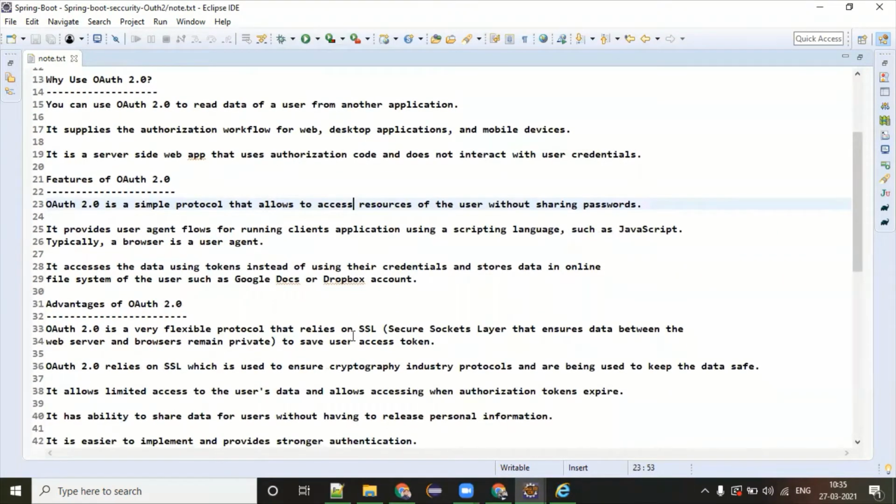Features of OAuth2. The initial version was OAuth1, but it was not very popular, and the latest one is OAuth2. So consider it one of the protocols. When you say protocol, there are lots of limitations and lots of specifications. Remember, you have to fulfill them. You cannot manipulate this protocol. You have to follow the guidelines and specification it was made with.